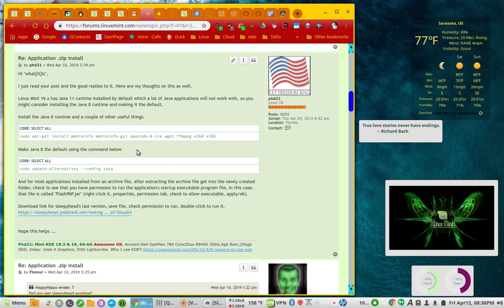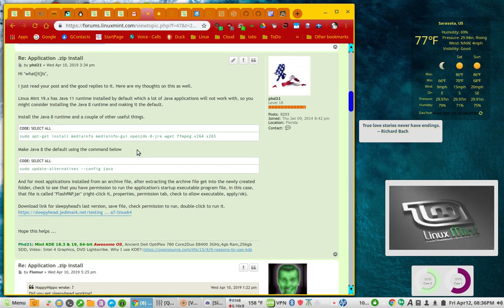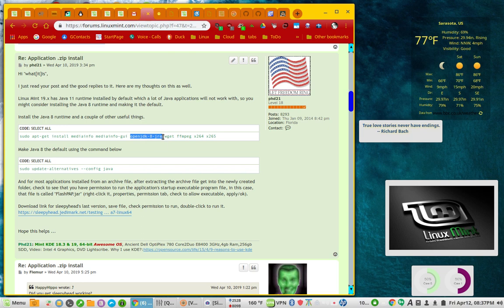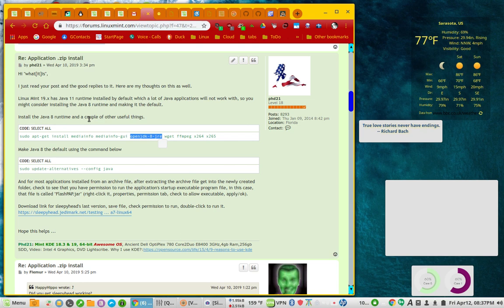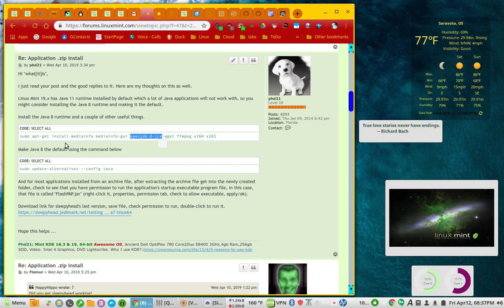The open source Java 8 is already in the Linux Mint software repositories, so you can just go to the software manager or the Synaptic Package Manager and install openjdk-8-jre. I have a command on the Linux Mint forum post reply that I made, which installs that plus a